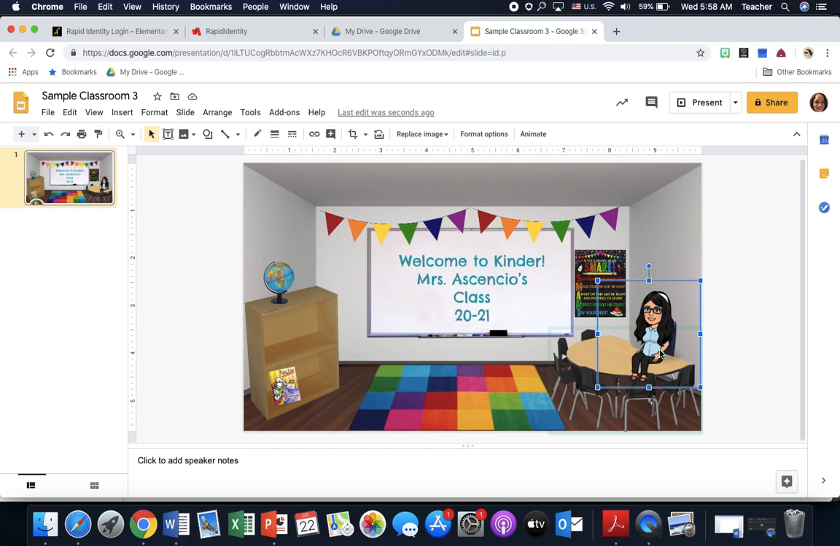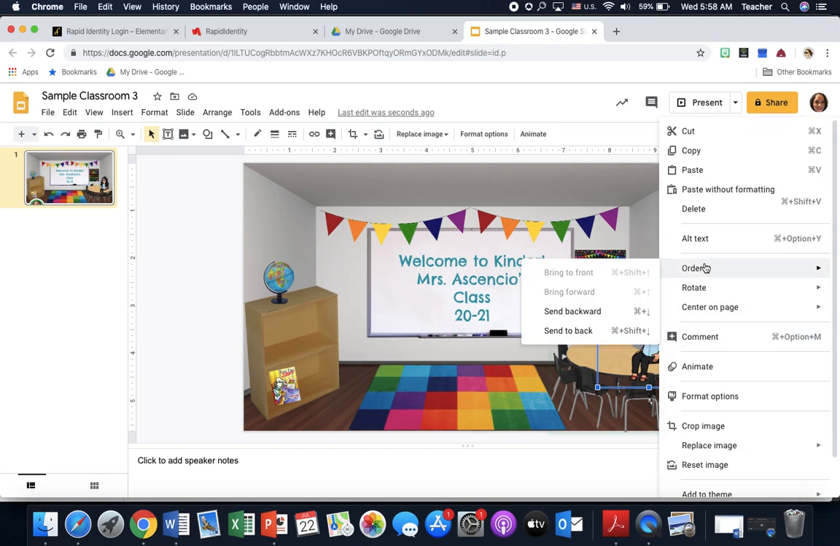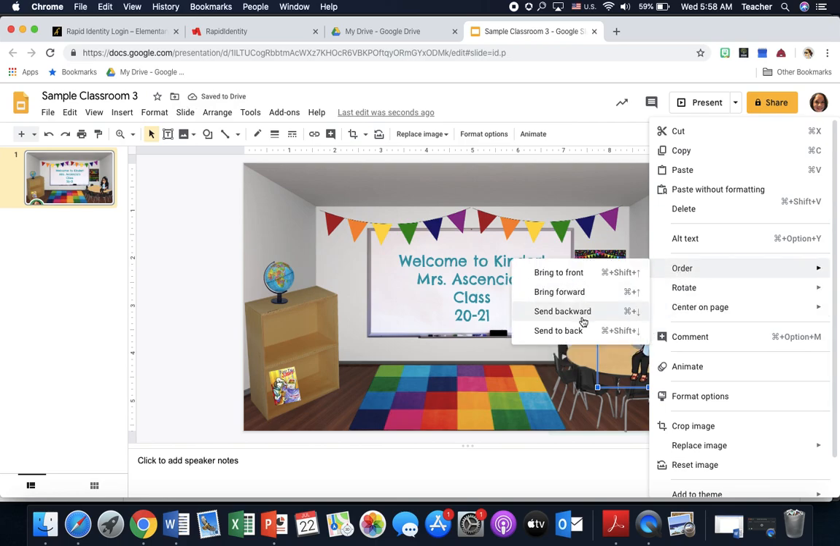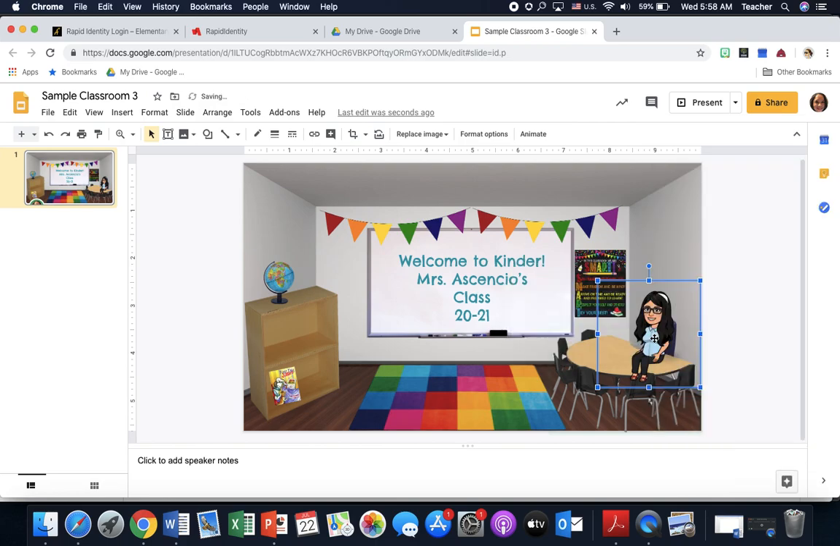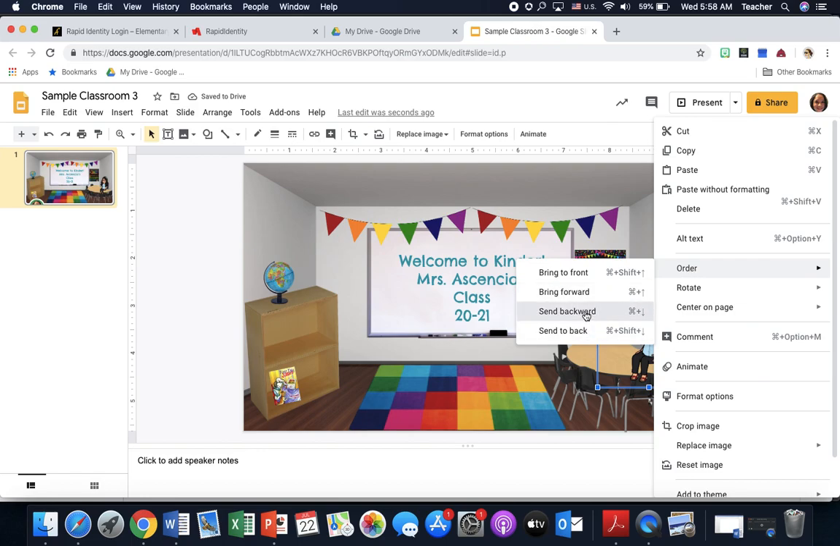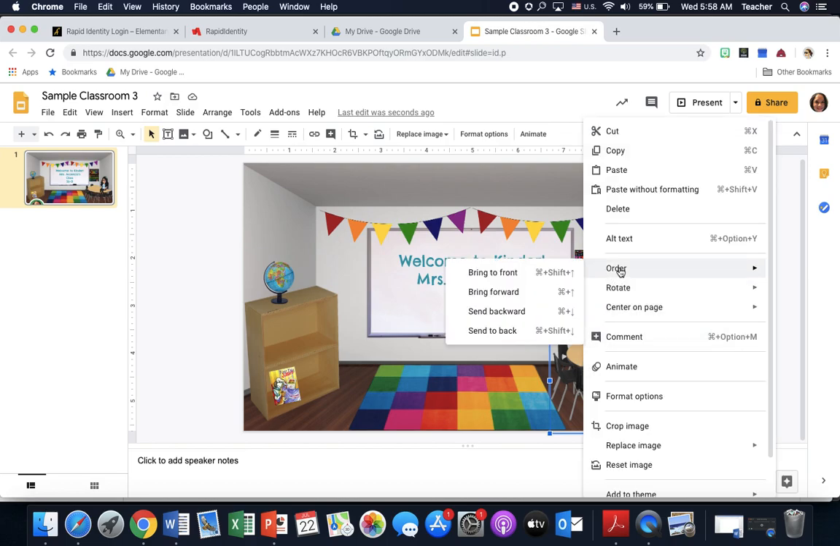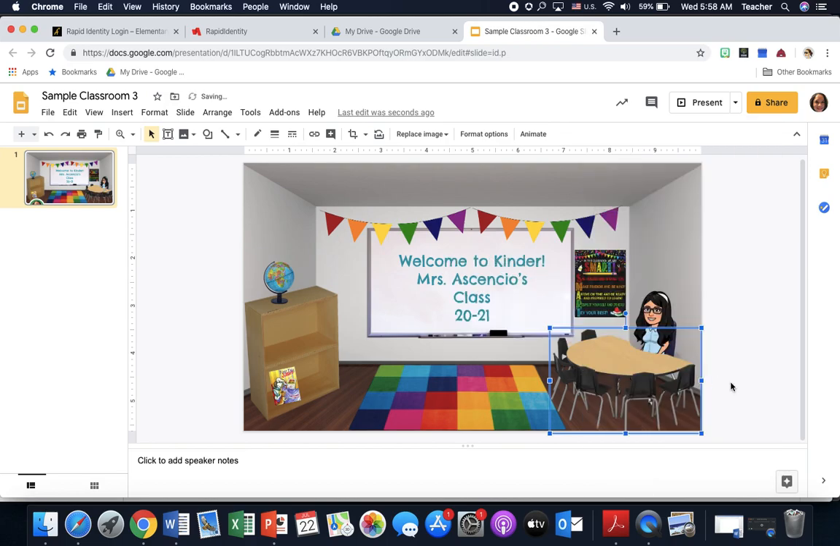Okay. So now again, I want my Bitmoji to look like it's sitting on the chair. So I can do the same thing I did with the table, with the carpet, where I did order. So I'm going to right click it, order, send backward. Let's see. It's not letting me. Hold on. Okay, so it's not letting me send it backwards, so that means I have to mess with the table then. So I want the table to come forward. So I'm going to put it, bring to front. There we go. So if it doesn't work with your Bitmoji, it'll work with the object that's right in front or the furniture that's right in front. So now it looks like I'm sitting in my